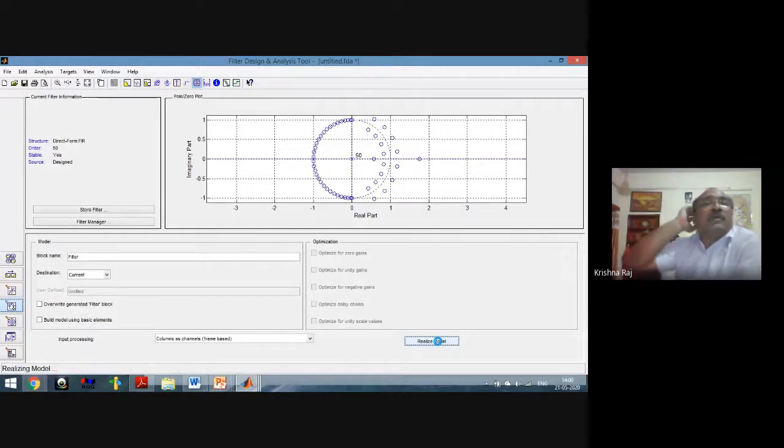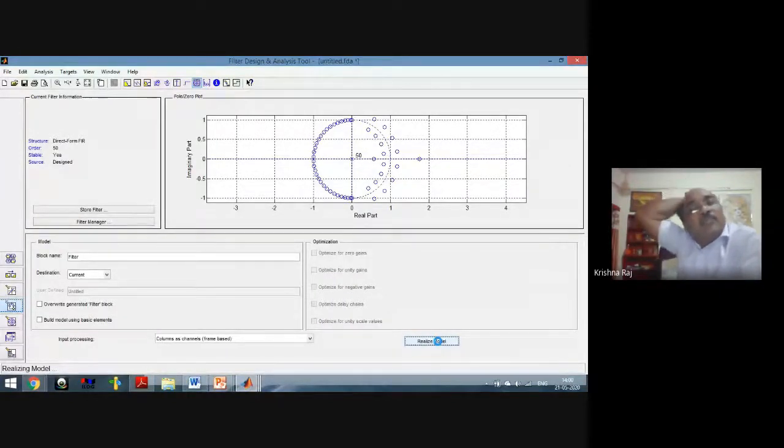When we select the differential equation or the difference equation, these are in the time domain. For the complete analysis, this information must be transformed into the frequency domain also, so that we can analyze the performance of the system in the time domain as well as the frequency domain. That's why there are different types of transformation. For the continuous system, we use the Laplace transformation, and for the discrete-time system or the digital system, we use the Z transformation.